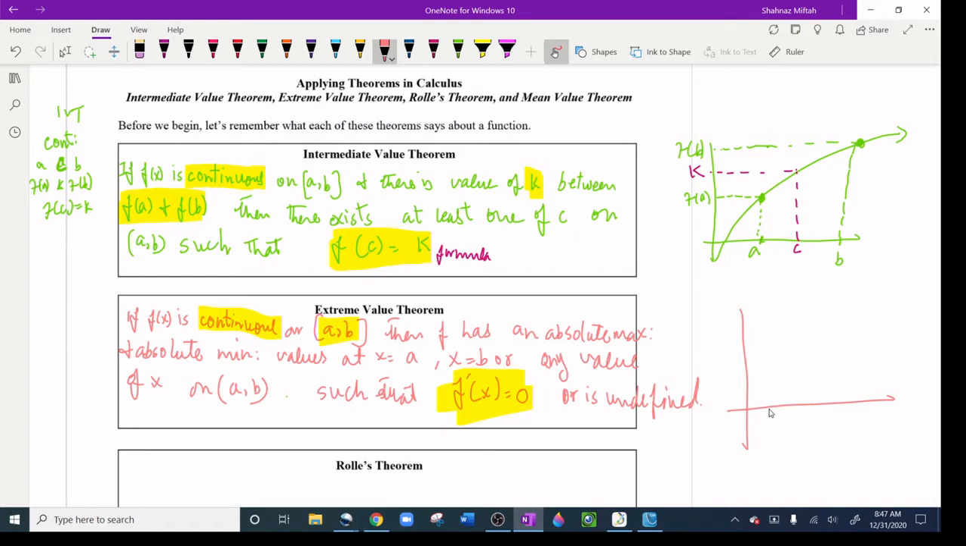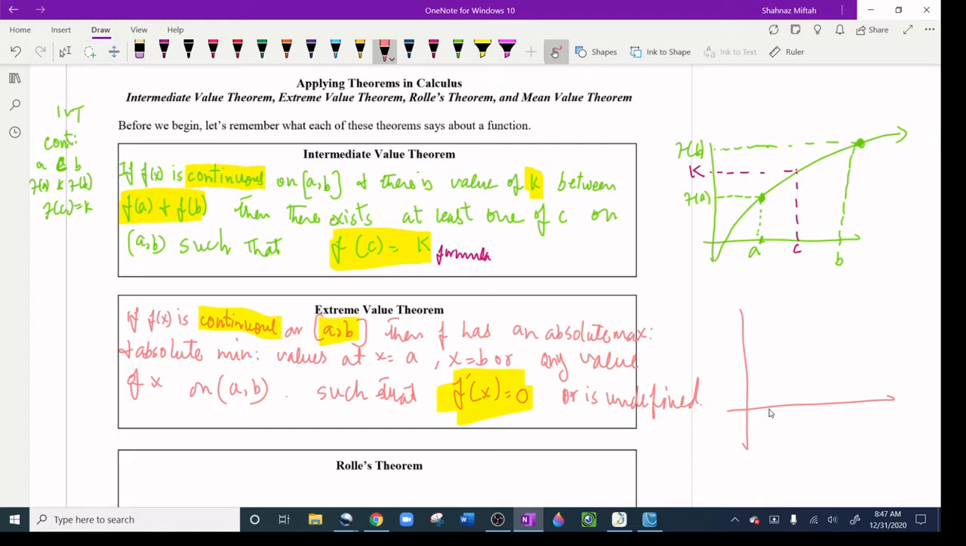Now let's do Rolle's theorem. What was Rolle's theorem? What are the conditions for it? The conditions are, if f of x is continuous, that's the condition. Actually the continuity condition goes for every theorem. Continuous on A and B,